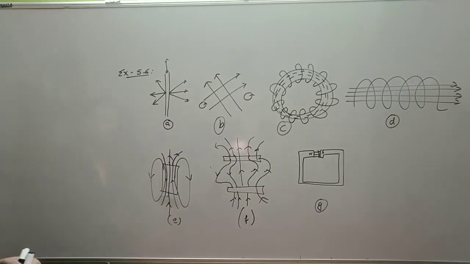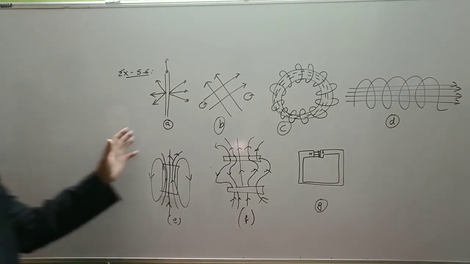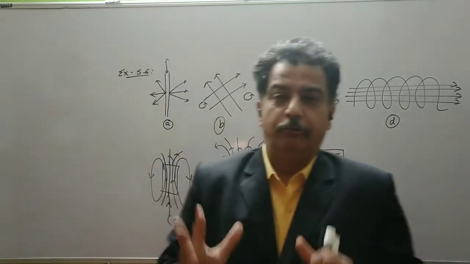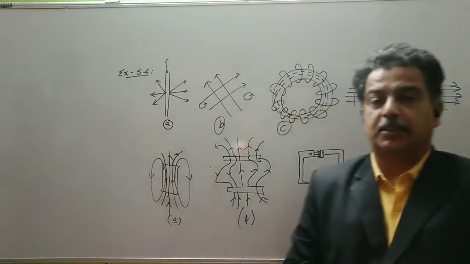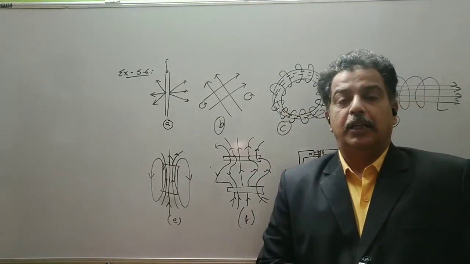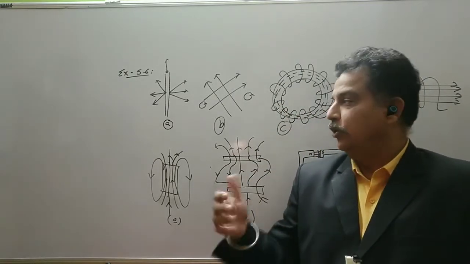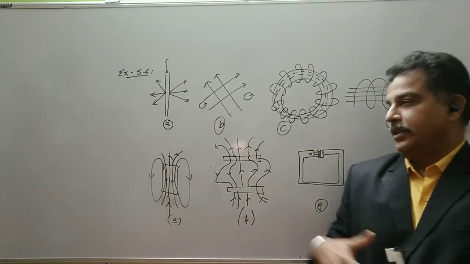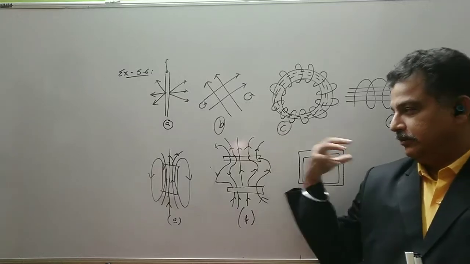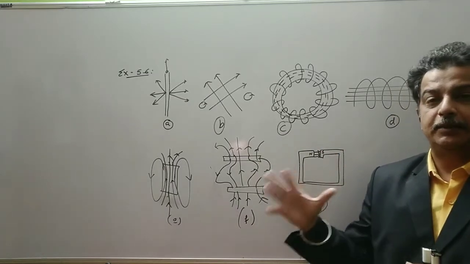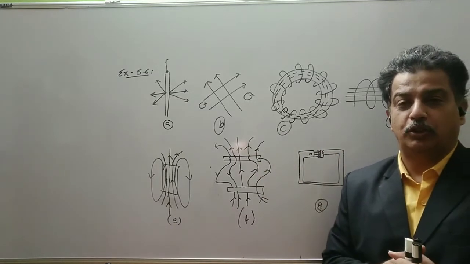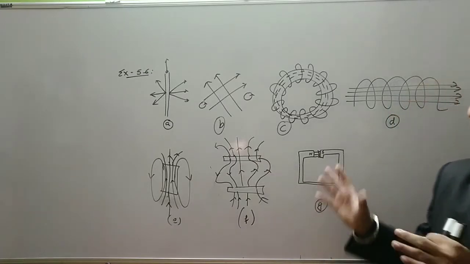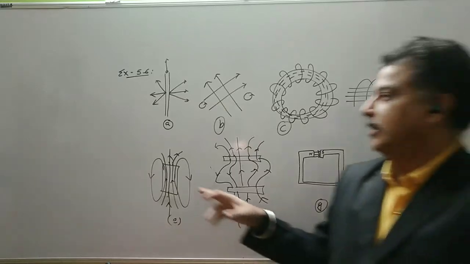See example number 6. Different diagrams are given, and we have to find out which diagram represents the correct magnetic field, and if it is wrong, then you have to give a reason for it. Also, you have to tell whether this diagram is possible for the electric field lines or not. So you have to compare the electric and magnetic field lines, whether they are possible or not. So diagram number 1,